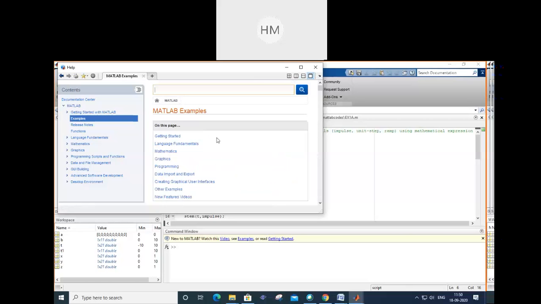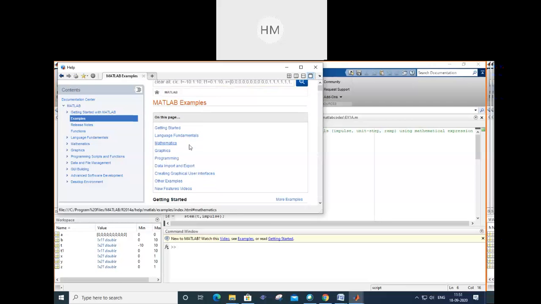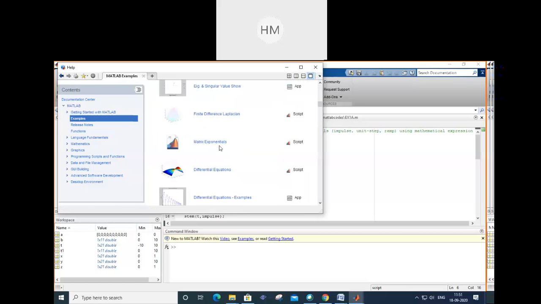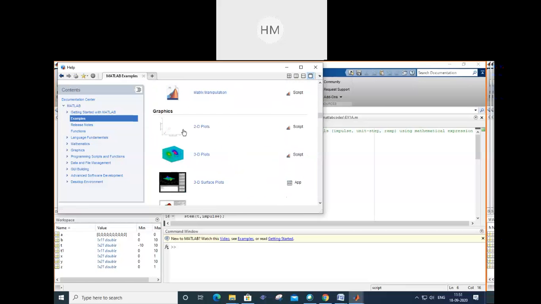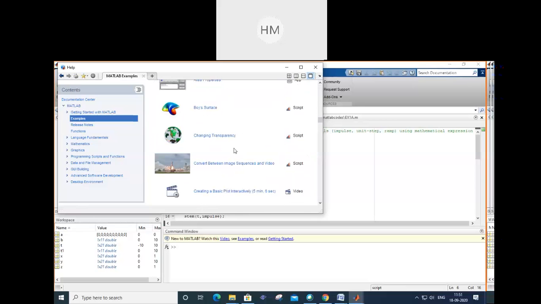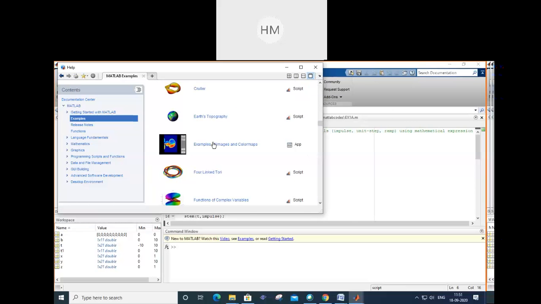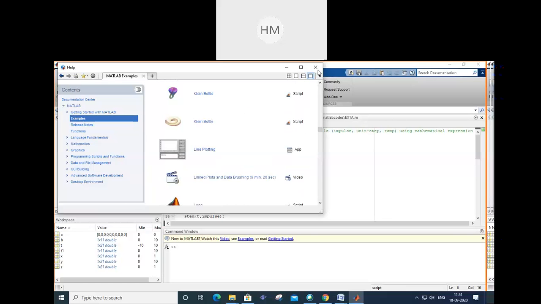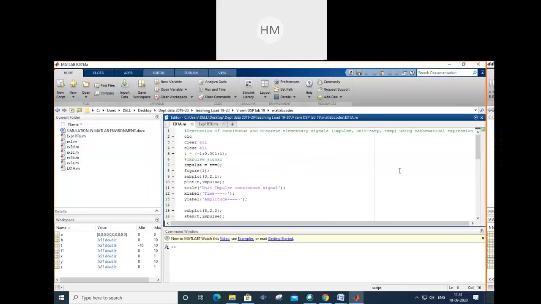Also, script file is also given over here. You can see the graphics, plots.